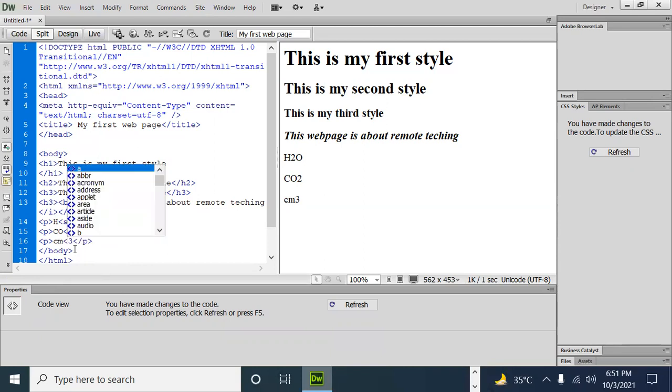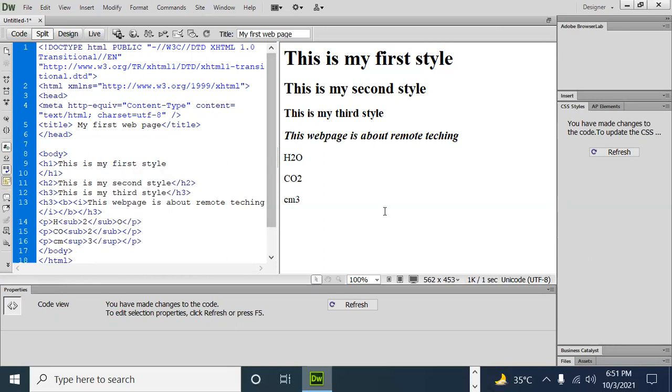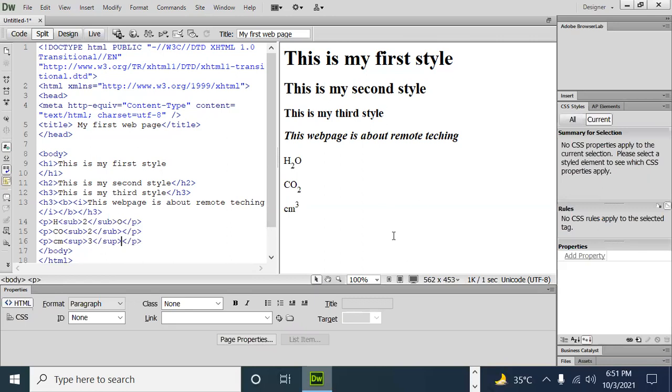So now this tag will mark them. So now see, isn't this the appropriate way to display something where superscript and subscript are required? So we mark them through a markup language.